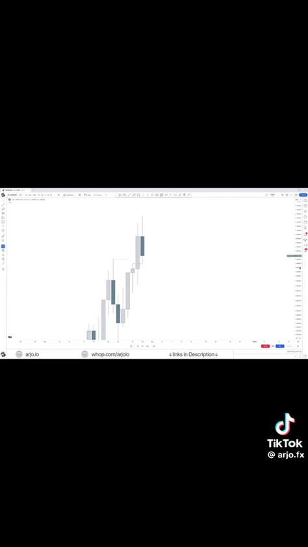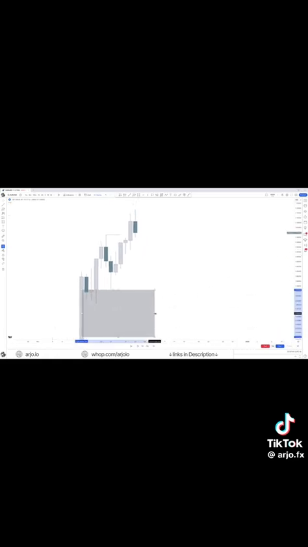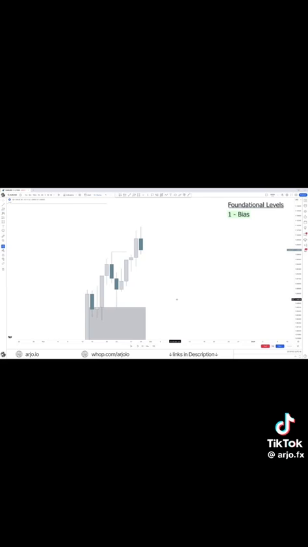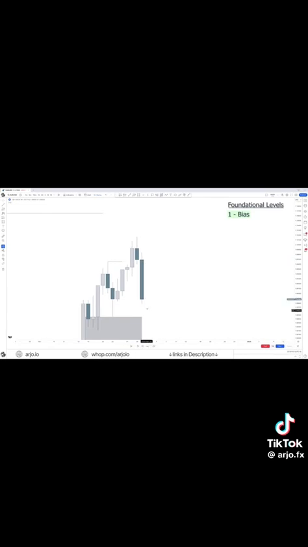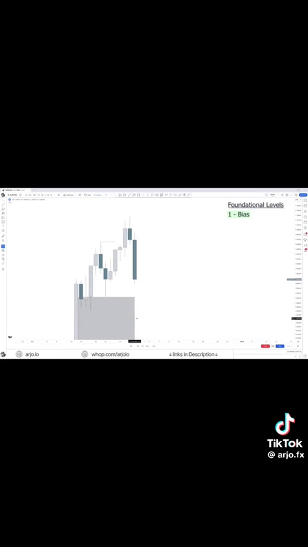Because if we don't have that daily fair value gap higher, what are we likely going to do? We are likely now indeed aiming for that weekly fair value gap right there. So the weekly fair value gap is our current draw on liquidity. How are we going to deliver into that weekly fair value gap? Well, on the daily, we can wait for a daily fair value gap lower. By the time we have a daily fair value gap lower, we likely already traded into the weekly fair value